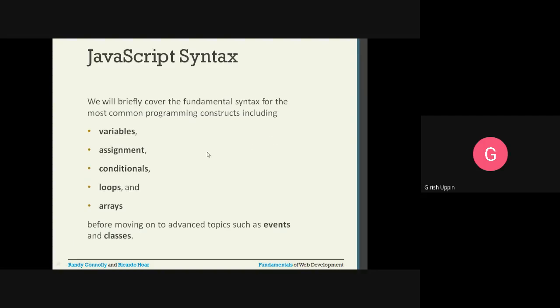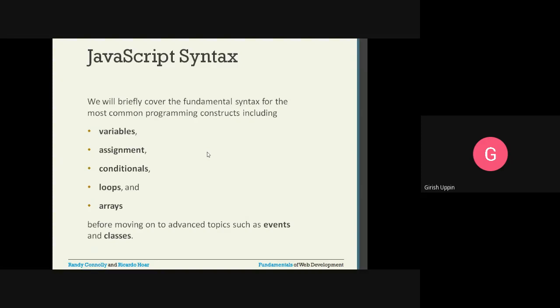JavaScript syntax. We will cover the fundamentals of the JavaScript language, and this will cover everything, but in a very brief description. The reason is that whatever the syntax and definitions we have for the various components of programming, it is very similar to other languages.